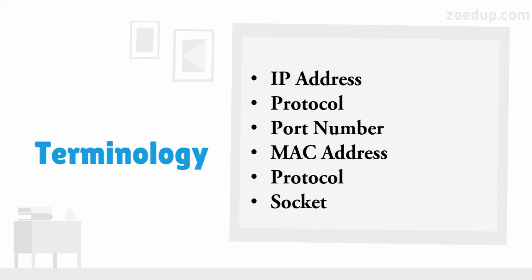Next we have the connection-less protocol. Connection-less protocol means that the acknowledgement of the message is not sent by the receiver. So basically, the sender keeps on sending the information to the receiver without any knowledge of whether the receiver is receiving that information or not. If the receiver is not even able to receive that information, the sender has no clue about that.